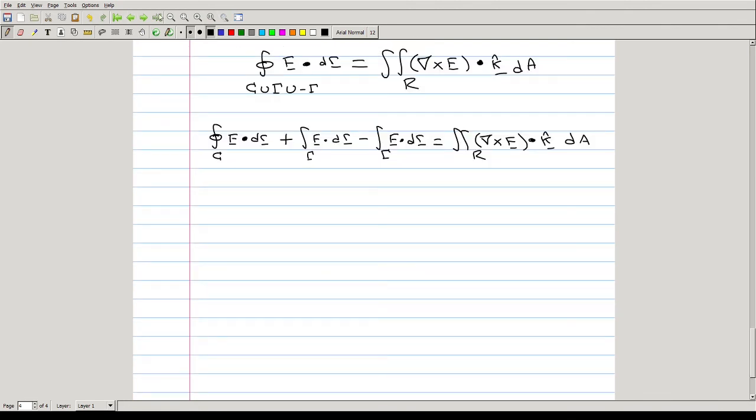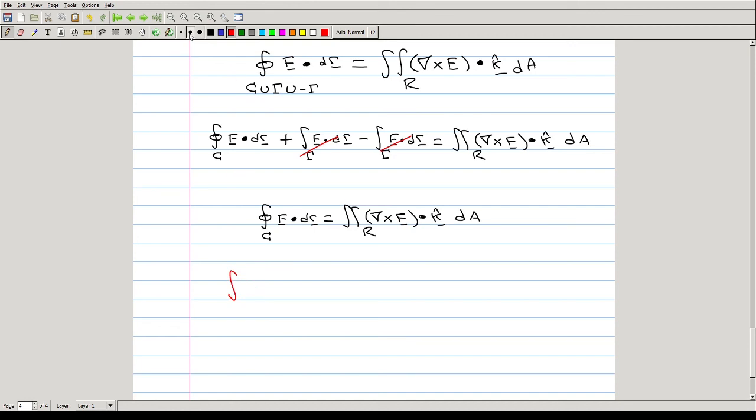And because these two values are the same value, they cancel out, and what we're left with is that the circulation of f is exactly equal to the double integral of the curl inside this region R,